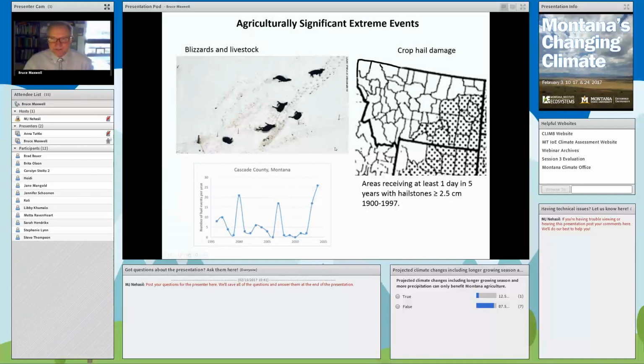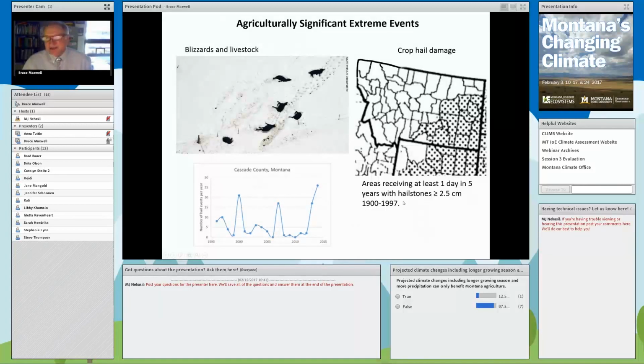What has been examined is crop hail damage, and damaging hails. If we look at areas receiving at least 1 day in 5 years with hailstones greater than 2.5 centimeters, which I guess is an indication that if they're that big, if they're an inch in diameter, they're probably going to cause some damage. We see the higher probabilities are down here in the southeastern part of the state, in Montana, and so